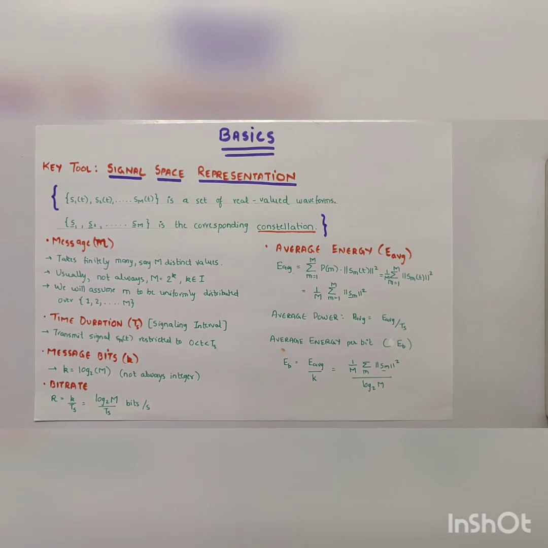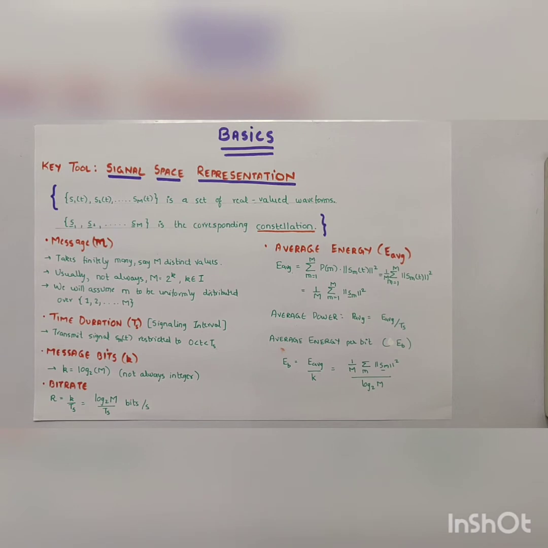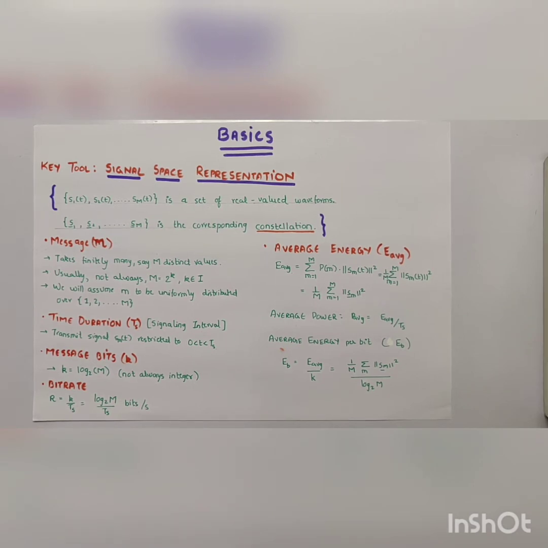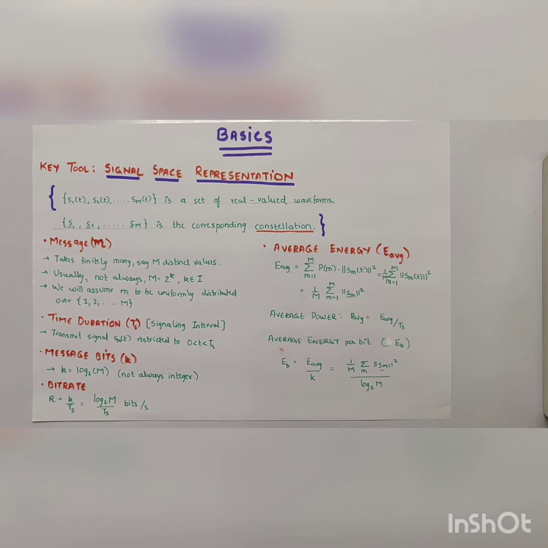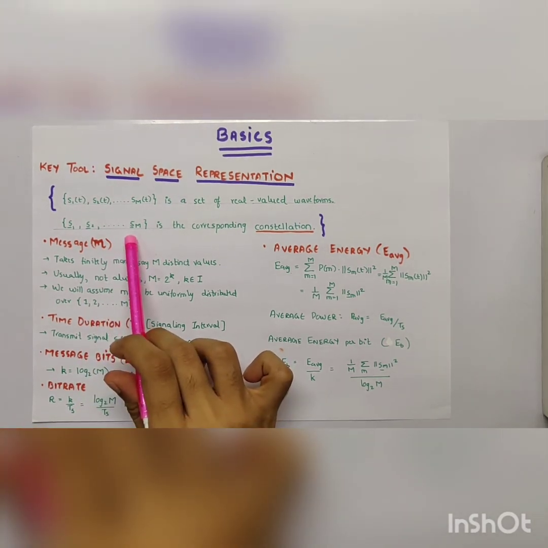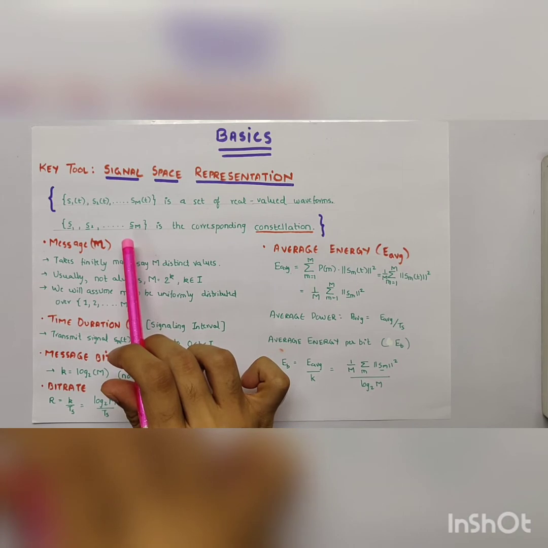One cannot start modulation projects without knowledge of signal space. Signal space representation is basically our ability to represent waveforms as vectors. It simplifies performance analysis and modulation design, and it also leads to efficient modulation and demodulation implementations as well as visualization. I'll not emphasize much on how one can represent a signal in the form of a vector. The set of all finite energy waveforms of duration T and the corresponding vectors which form a constellation in Euclidean space share many structural properties.